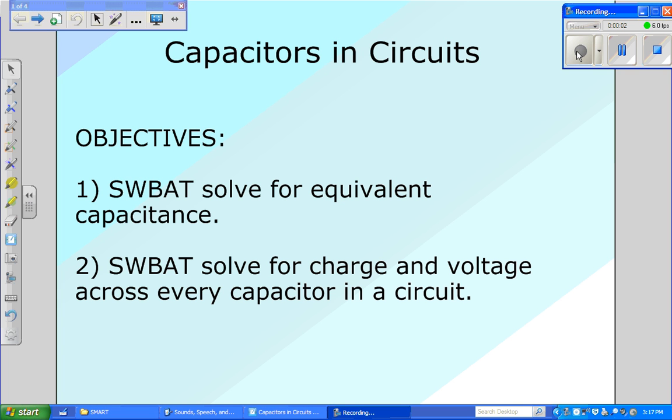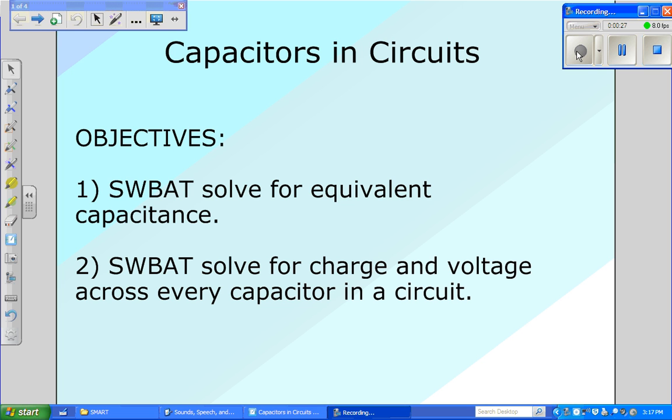Okay, today we're going to learn about capacitors hooked up in circuits. We have two main objectives: first, to figure out how to find equivalent capacitance in a circuit connected with three or more capacitors. Then we also need to figure out how to find the charge and the voltage across every single capacitor in a complex circuit. So we're going to see some quick notes today, and then we're also going to look at one quick example